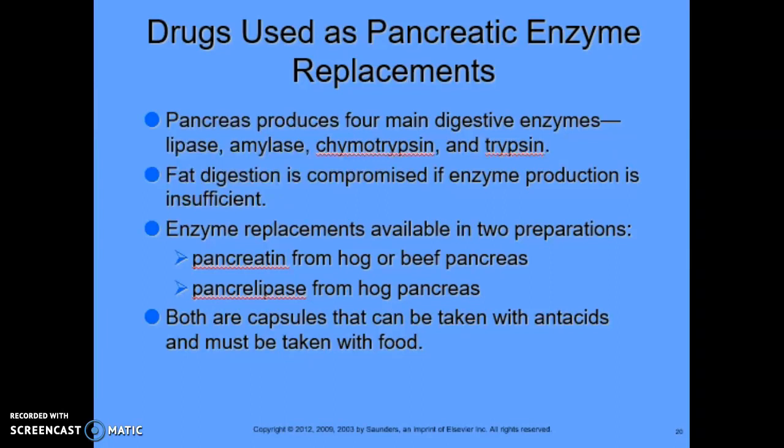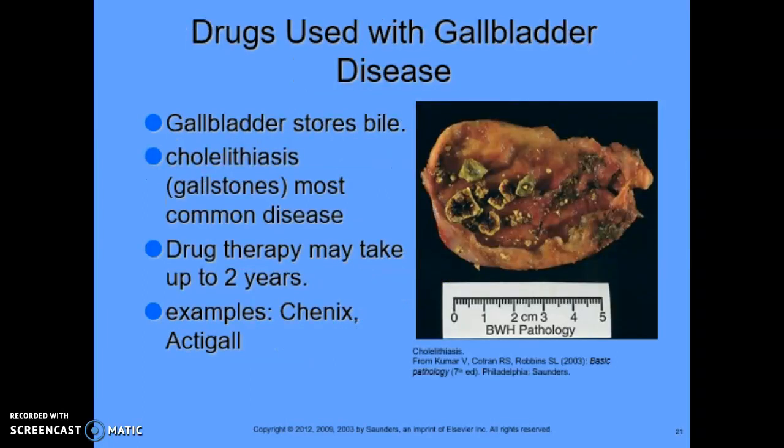Why do you think it's necessary to take these enzymes with every food intake? This is because digestion is compromised, and not taking enzymes with every meal exacerbates symptoms and delays healing. Now we're looking at drugs used with gallbladder disease. So the gallbladder stores bile. This is the function. And the colitis